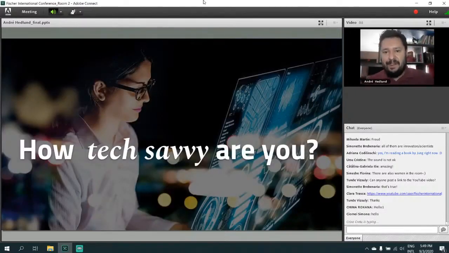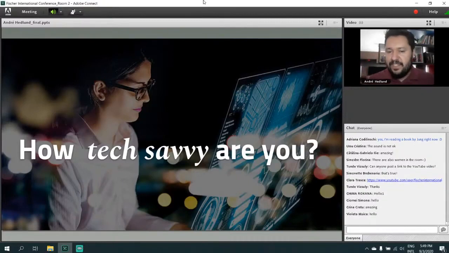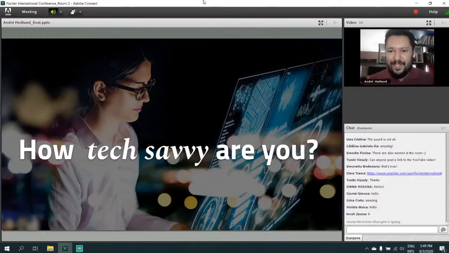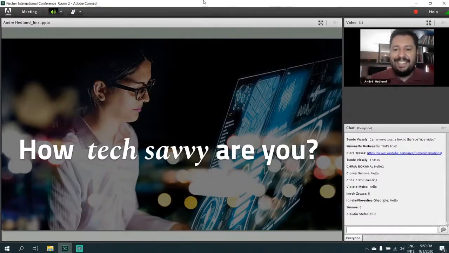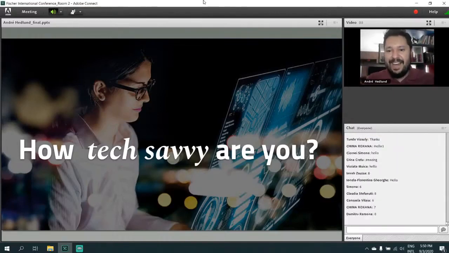And then I asked myself, and I want you to answer, how tech savvy are you? Because we are in this digital era that we are supposed to learn how to use different digital technologies, right? So from 0 to 10, how tech savvy are you? If you are a zero, you live in a cave, you have no electricity, you don't have any digital devices. But if you are a 10, I'd say you can hack the CIA, the NASA, something that we can only see in those American movies, right? So, how tech savvy are you?